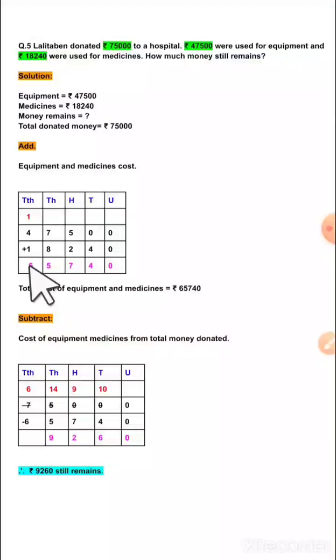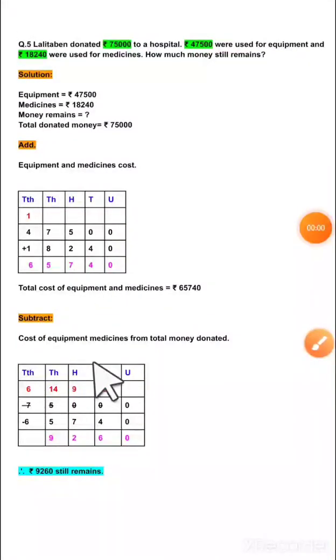So the total cost of equipment and medicines is 65,740. Now subtract the cost of equipment and medicines from the total money donated. Draw this box, write the total money donated, that is 75,000, and write the total cost of equipment and medicines, that is